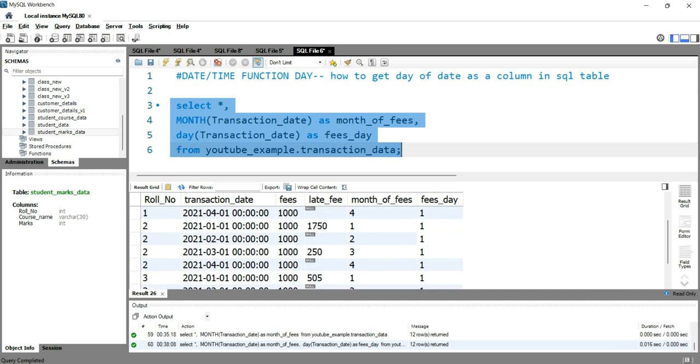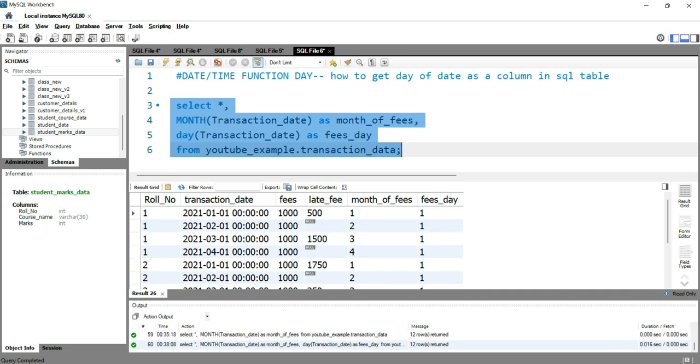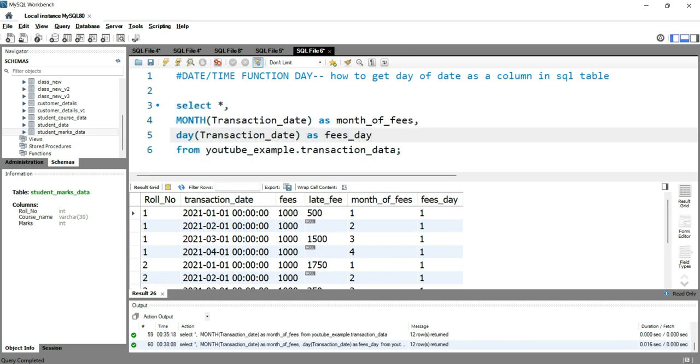and as you can see you have the fee day here, and in your transaction date you can see all of the dates are only the first of every month. So that's why we are getting this fee day as 1. So this is how you can use the day function to get the day of a date as a column